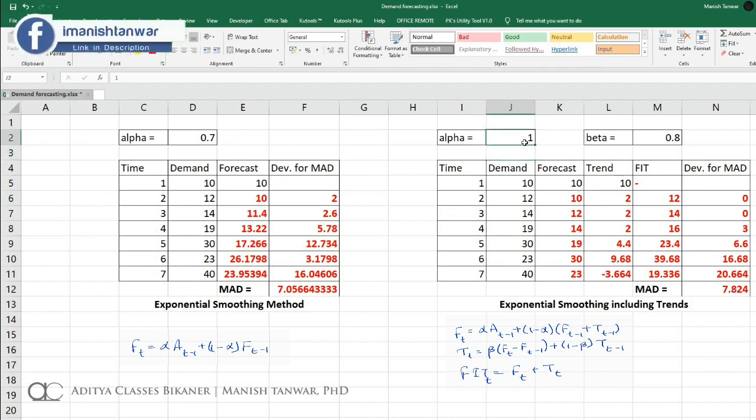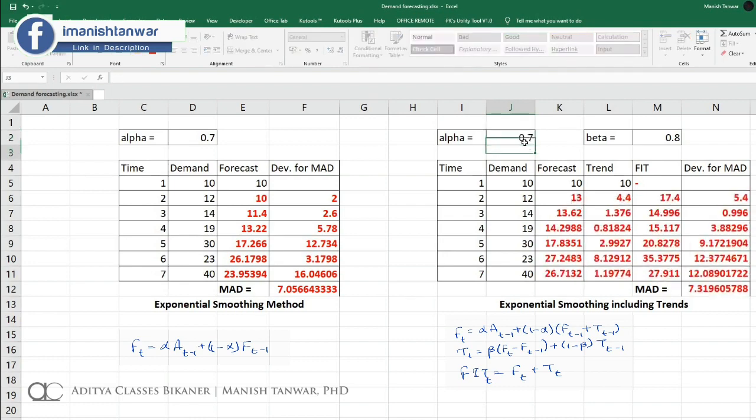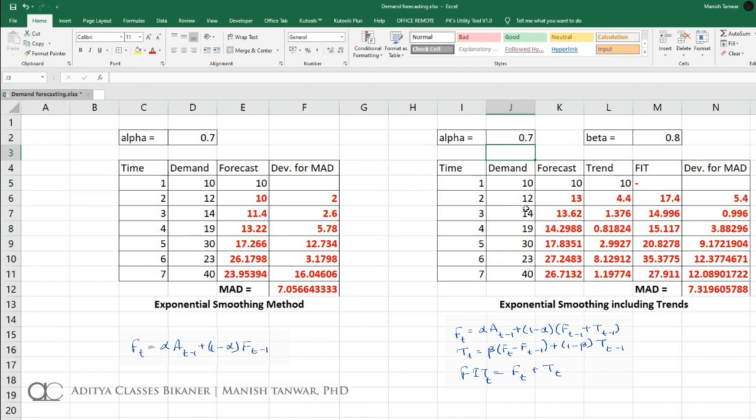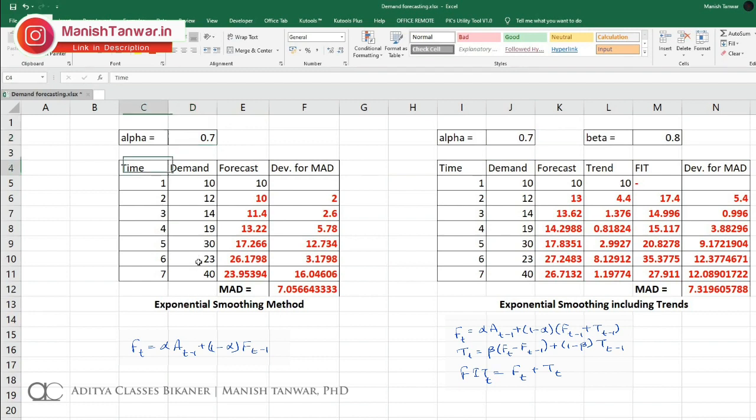So definitely 1 is good, but again on that pretext that we should not make use of 0 and 1, we make use of 0.7. Why are we not using 0 and 1? Because it reduces it to the naive method. Right now it might be looking good, but in the longer run, in unpredictable environments, 0 and 1 might lead you into problems. So if you feel like taking 0, don't take 0, rather take 0.2, 0.3. If you feel like taking 1, don't take 1, rather take 0.7, 0.8, 0.9. So we'll continue with 0.7 because last time also we checked that 0.7 was a good alpha for this data set.